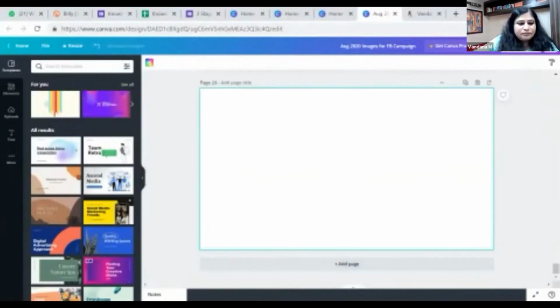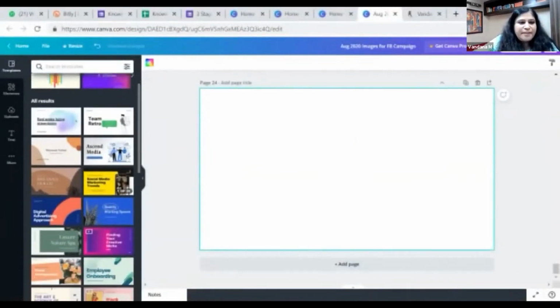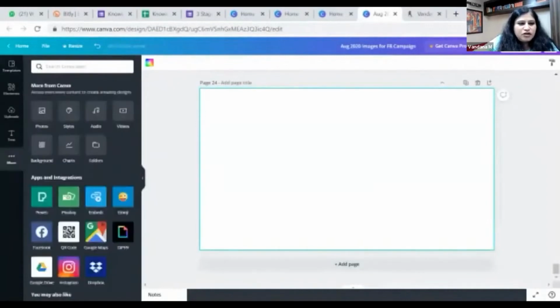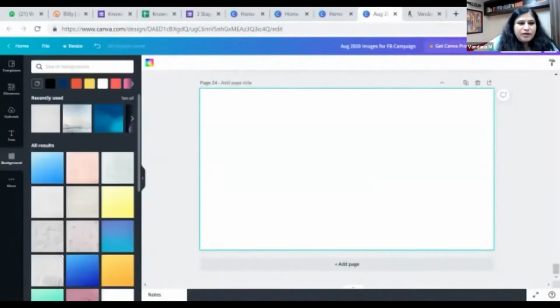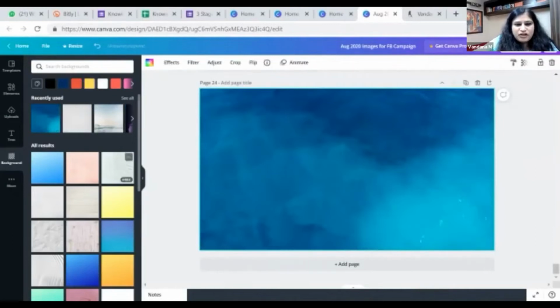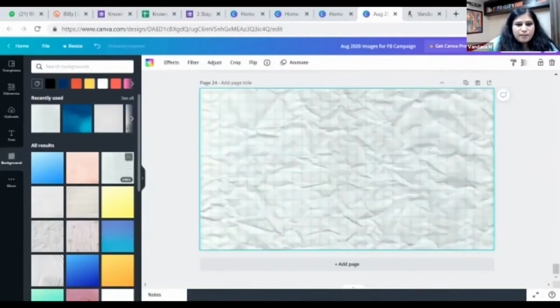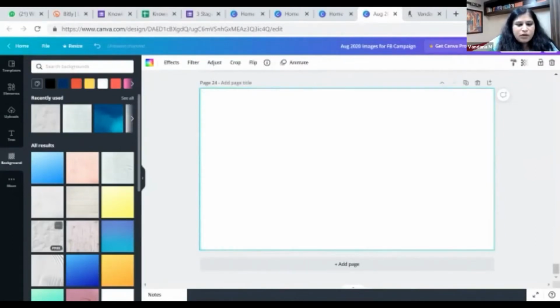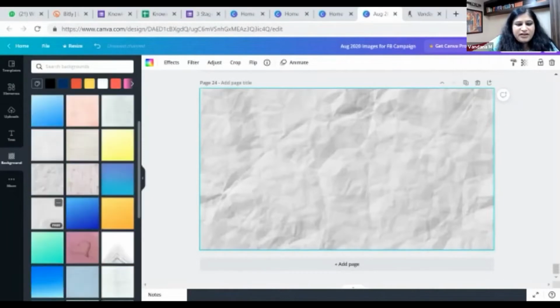So just select one of the backgrounds. There is an option here, background. If you want a plain background, you can choose a plain background like this, or you can have a colored background or some textured background. There are free ones and there are paid ones.